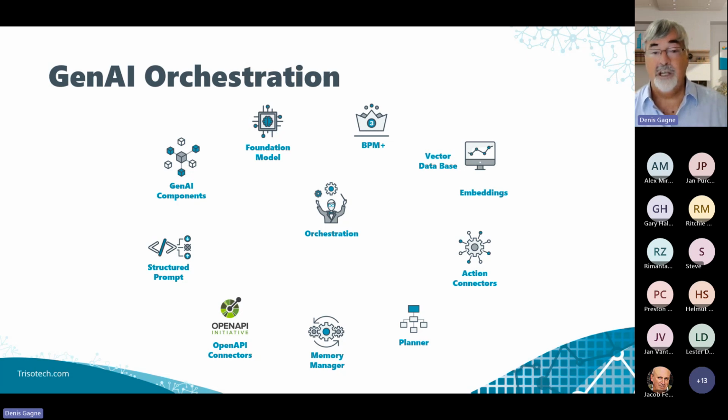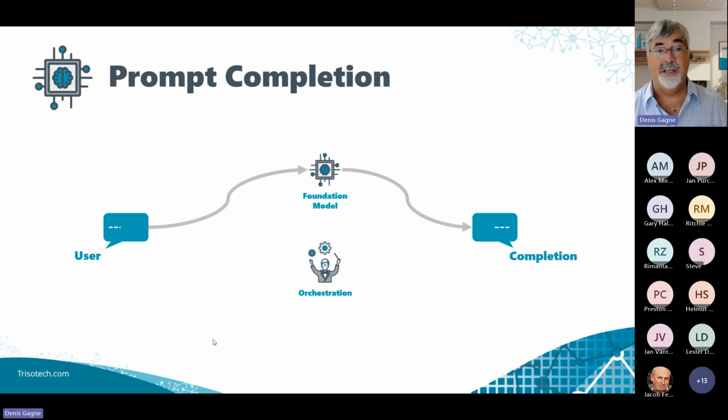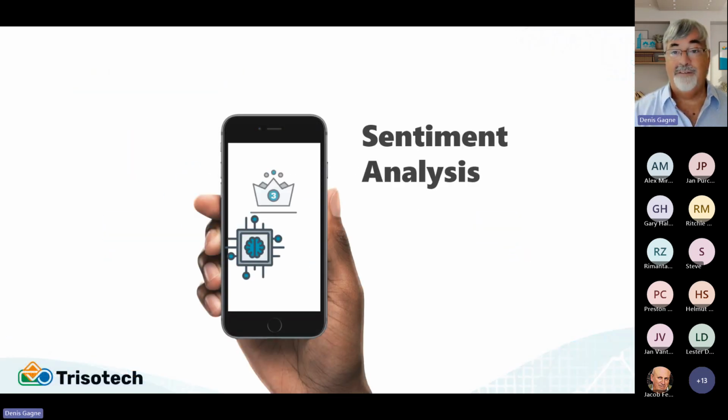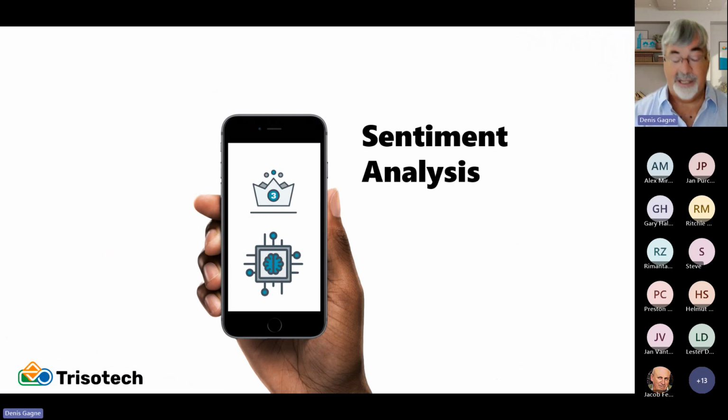Now, very interestingly, any of these components can be a generative AI component. It's your choice. It's a choice of the person that architects the application. So the most simple application you can think of is basically just a user prompt that we provide to a foundation model to generate a completion. And a very simple example, so let me jump out here.